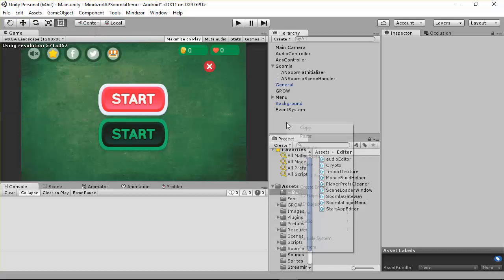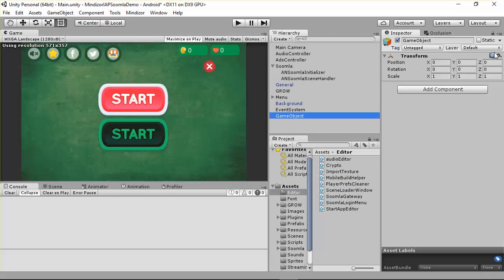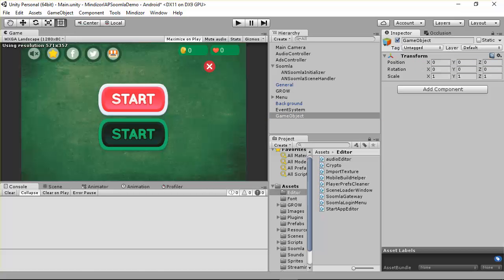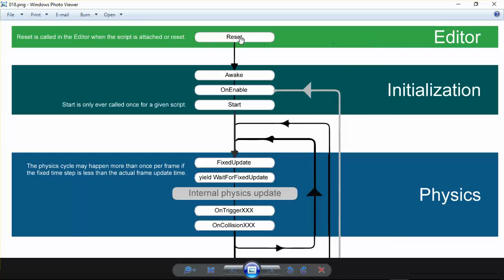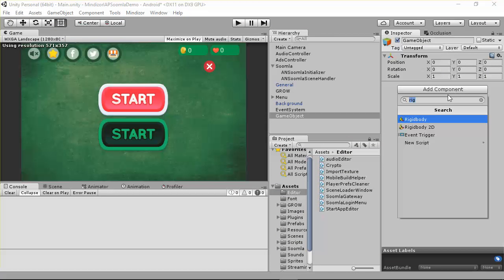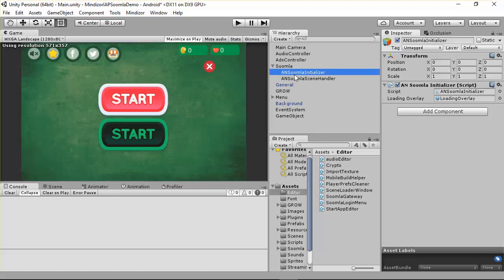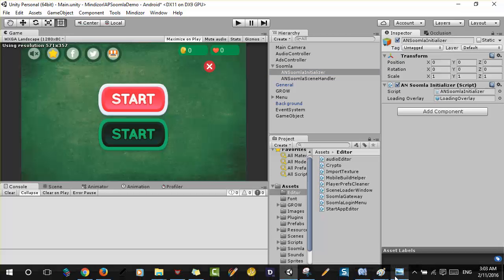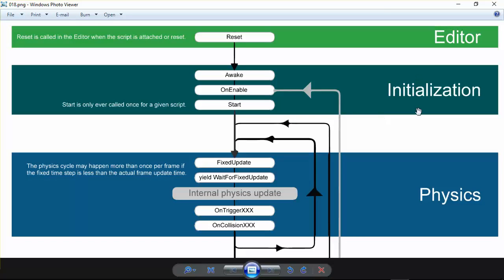For example, if you create a new object here and just go here and call this function, we have a function here called Reset. Once you call this function, you're just gonna call the first function here called Reset, and this Reset is called in the editor when the script is attached or reset. And what do you mean by script? Just a component. Like you come here into the Soomla initializer, for example, you're gonna see we have a script. So once the script is attached, we just gonna call this method, and this method here is Reset. So this is the first thing called inside of Unity, but we're not gonna focus on this right now